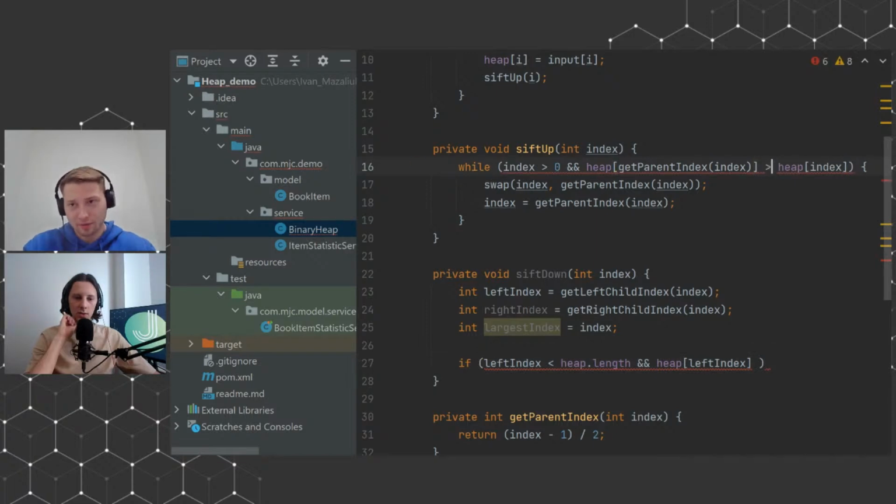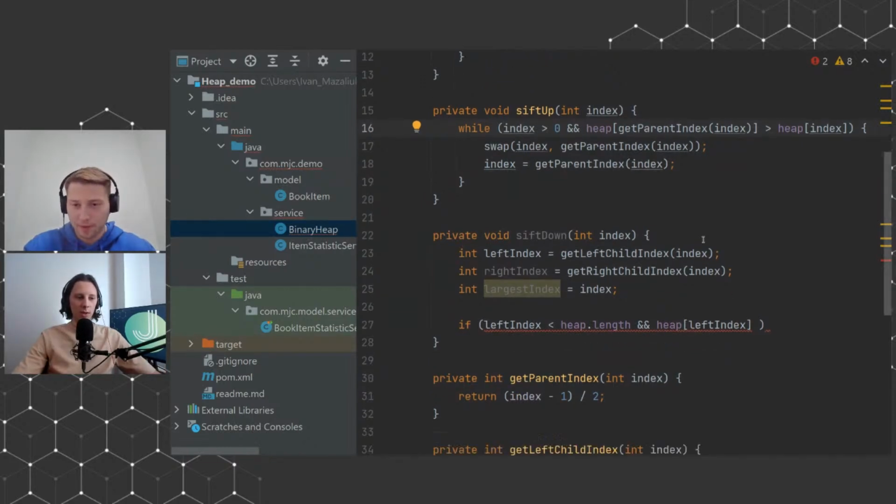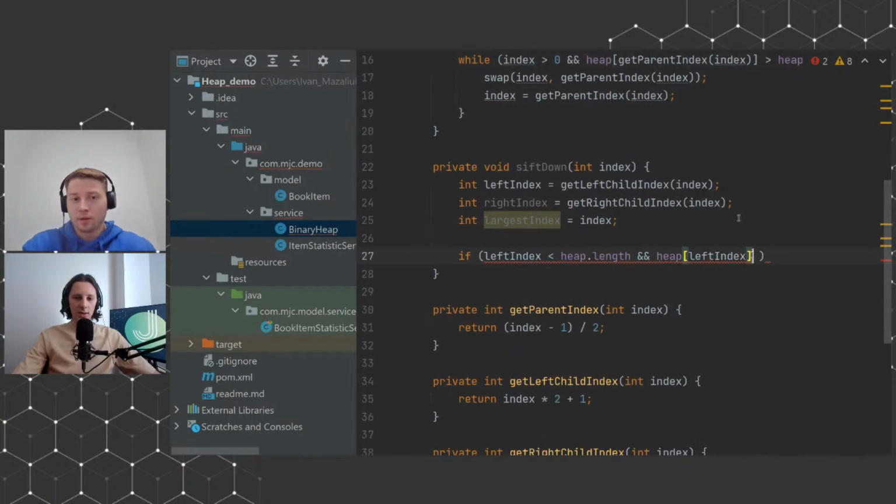So actually bigger. Yeah, if our parent is bigger than the current element, we swap them, so the minimal element goes up. Okay, so shift down. We have left index, right index, and so maybe not the largest, but if we have heap smallest index. So if left index is correct, it is present in the heap, and heap left index is